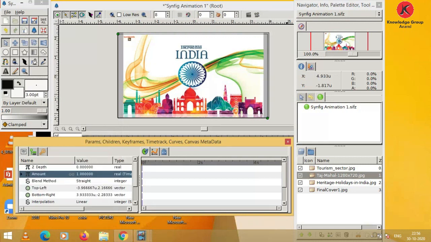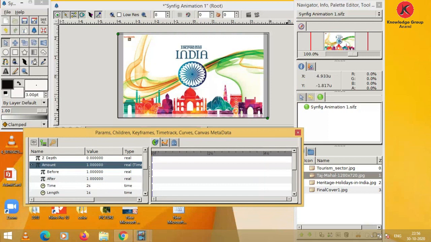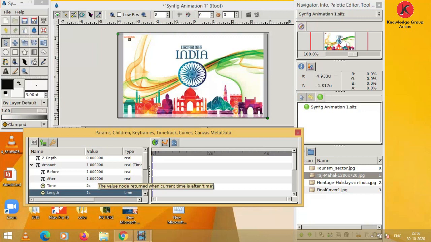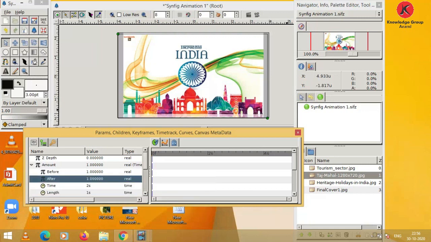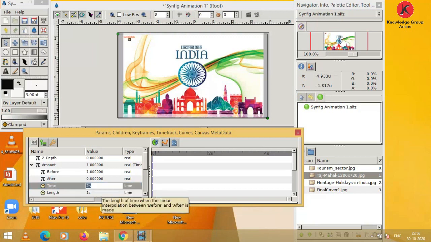Once again click on the triangle and you can see there are 4 sub parameters: before, after, time and length for the second layer. Single click on after, then type 0.0, press the enter key. Now for the second layer choose time 6s